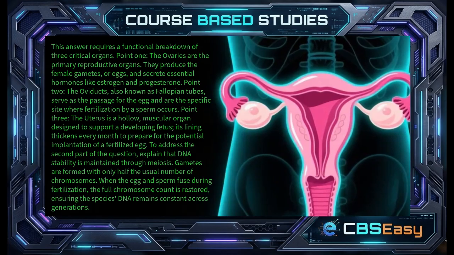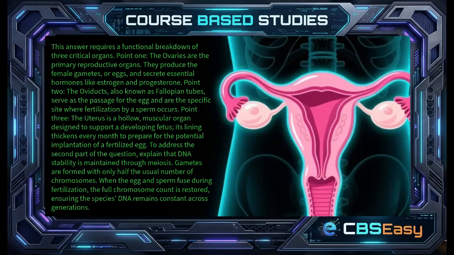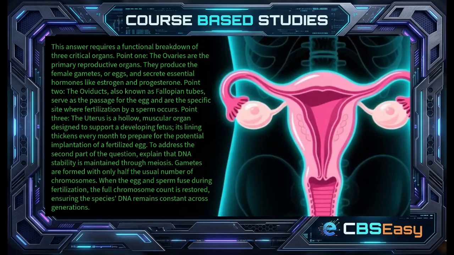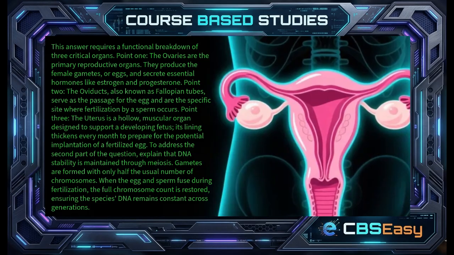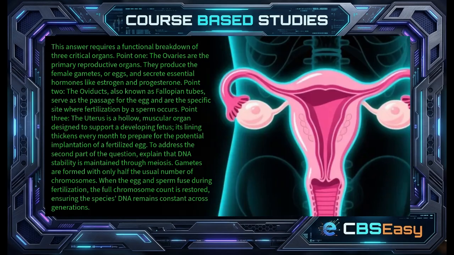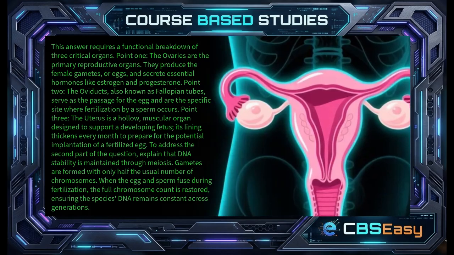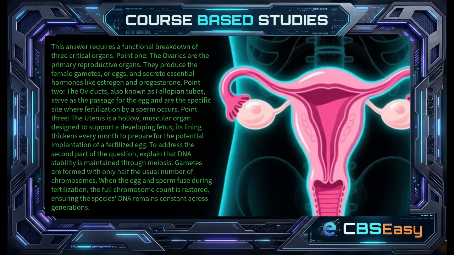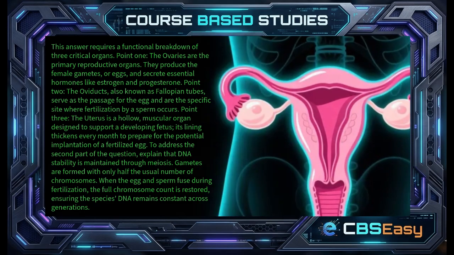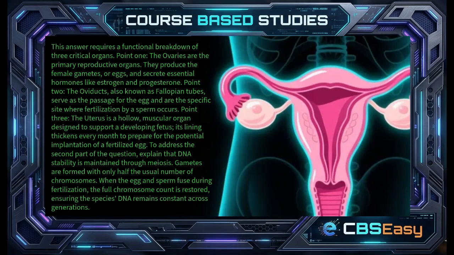Point 3. The uterus is a hollow muscular organ designed to support a developing fetus. Its lining thickens every month to prepare for the potential implantation of a fertilized egg. To address the second part of the question, explain that DNA stability is maintained through meiosis. Gametes are formed with only half the usual number of chromosomes. When the egg and sperm fuse during fertilization, the full chromosome count is restored, ensuring the species' DNA remains constant